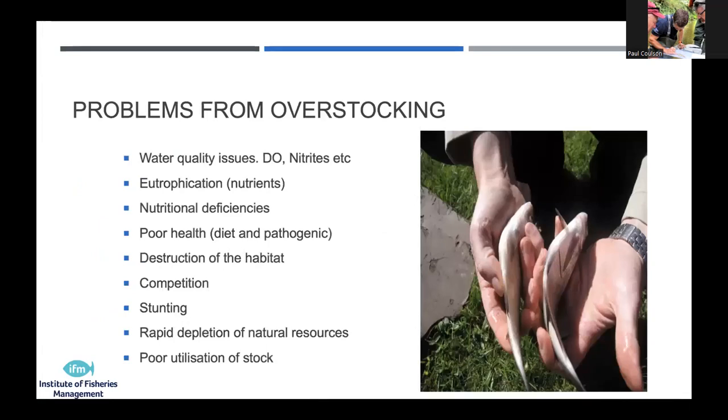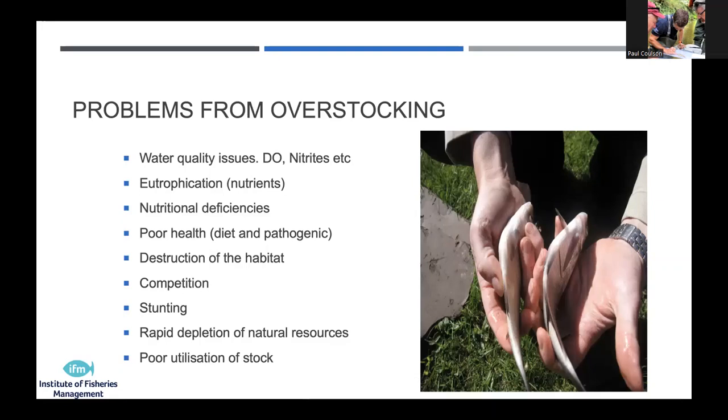And then really just to finish, you can have too much of a good thing. If you go too far and you overstock your lakes, then you're going to start to compromise your habitat. We're looking at improving our habitat and making sure our habitat is right for the fish we've got, but we can go too far. You overstock, you push that carrying capacity too far one way, you rapidly exhaust those natural resources.